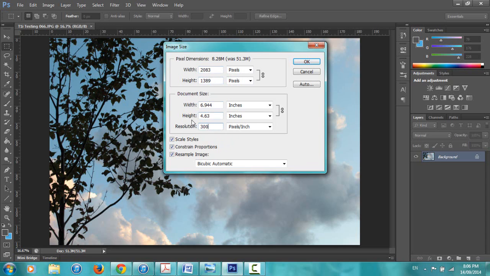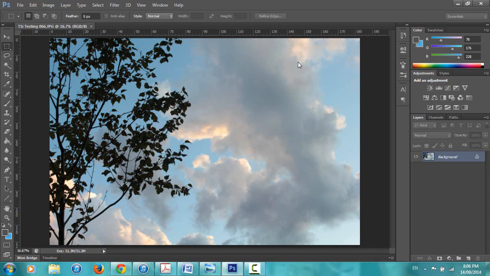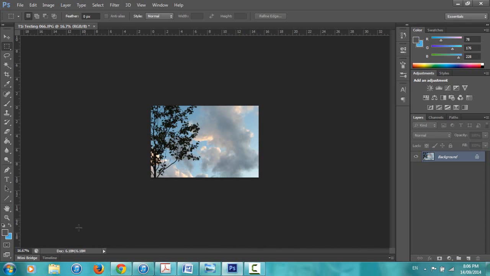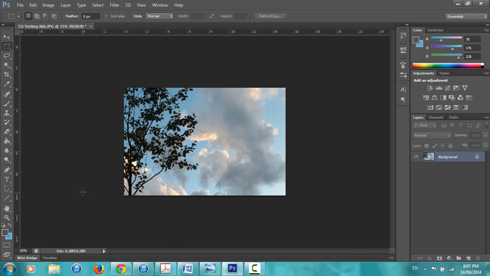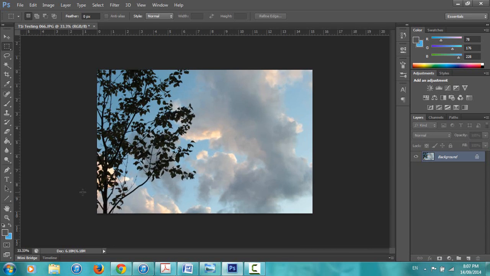But for printing, which is what you guys will be doing most of the time, keep in mind that you want your resolution at that 300, and you can control the height and width in your inches. So 4 by 6 for a single card, 8 by 10 for our full page printouts. Okay? And there you go. It'll resize it. It'll think about it for a little while. And now this is how big it is on our screen when we're at 16.67. So if I hit my Control plus to zoom in, that's a quarter, 25%. Here's like a third of it. Okay? So you can adjust it that way.